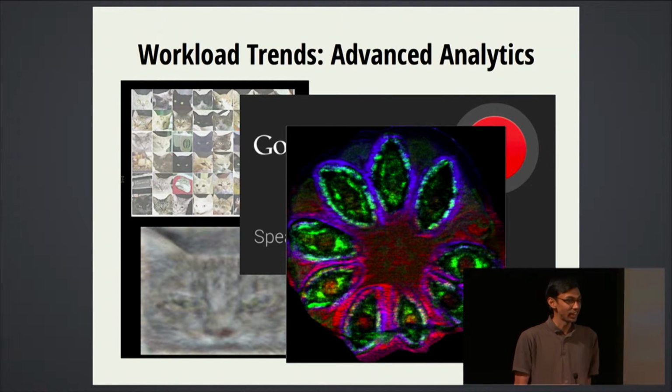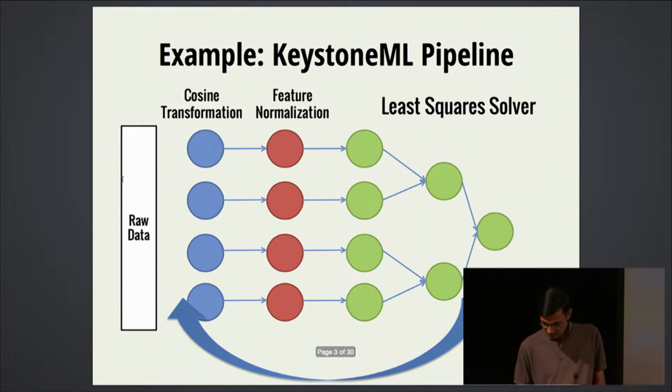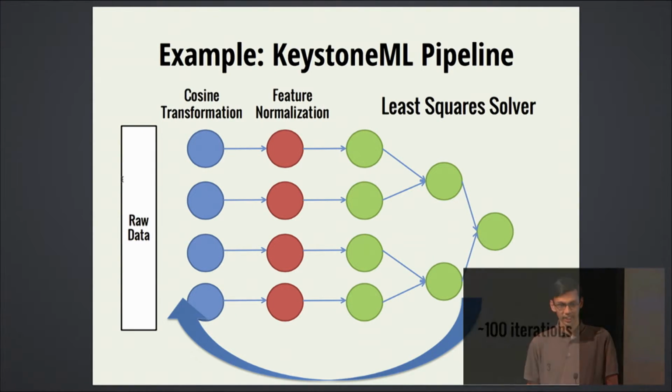You might also see this trend shift if you've been coming to AMP Camp for the last 4 or 5 years. In the first few editions of AMP Camp, we mostly had SQL and ETL-based talks, whereas in this edition, we have a large number of machine learning-oriented talks. We've also seen a trend like this in the lab and in the kinds of projects that we work on.